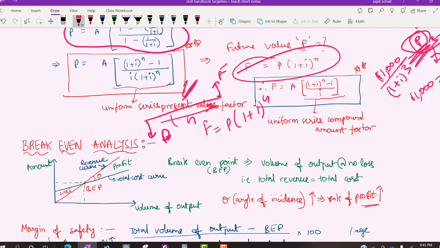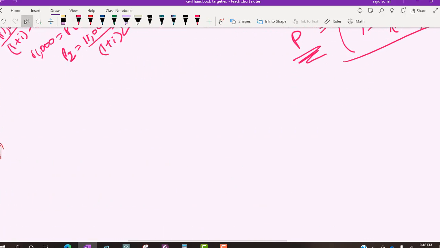So if you are doing this simple math, you will be getting F is equals to A into 1 plus I whole to the power of n minus 1 divided by I. याद रखना है तो याद रख लो, और else एग्जाम में डिराइव कर लो. See, this is for equal investment, right? What if it is varying investment? For example, there will be a question like first year you have paid 1 lakh, second year you paid 1.5 lakh, third year you paid like 3 lakhs. So how much you will be receiving by the end of fourth year? So this could be a question.